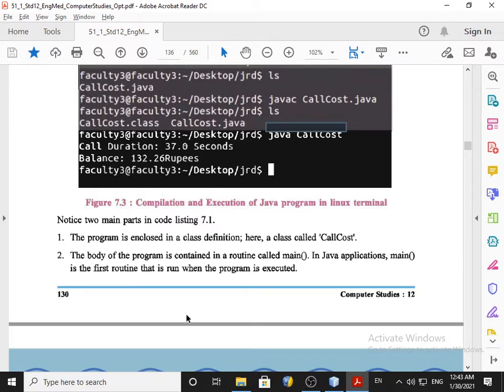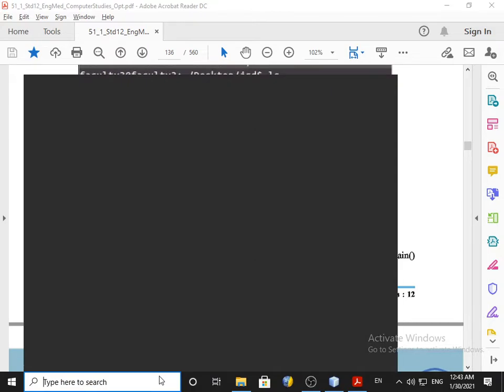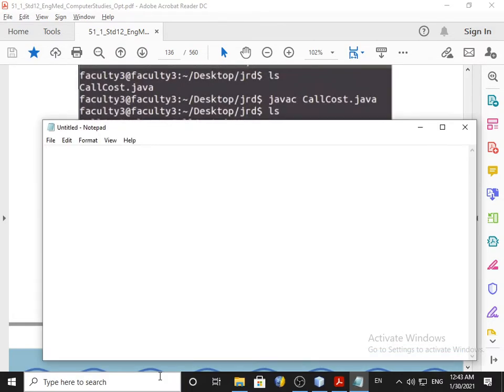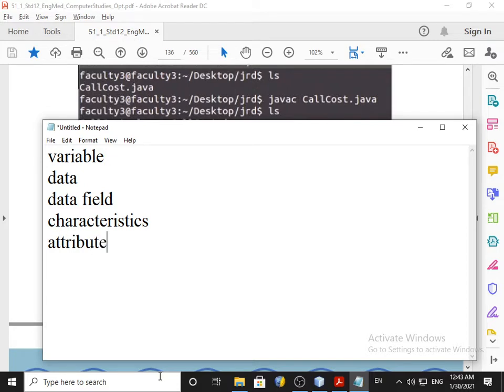So here I am preparing the list. The words which I mention over here are the same. Say variable, data field, so all these are the same; they are all synonyms of variable.